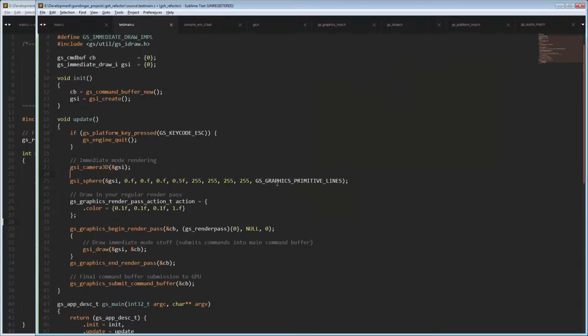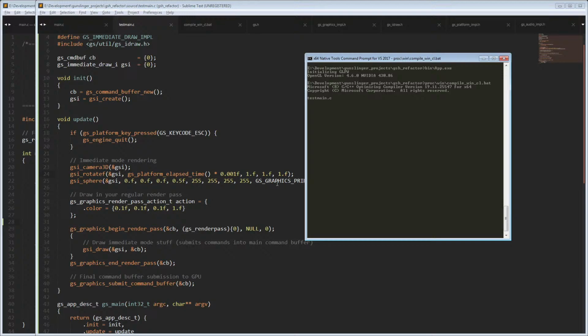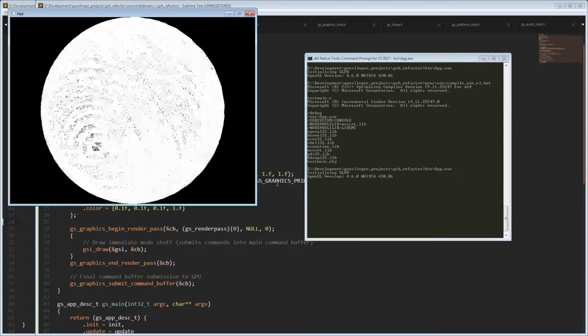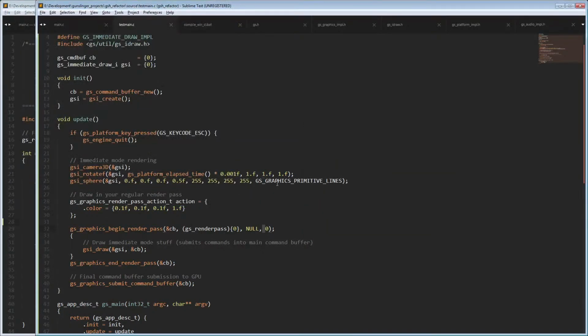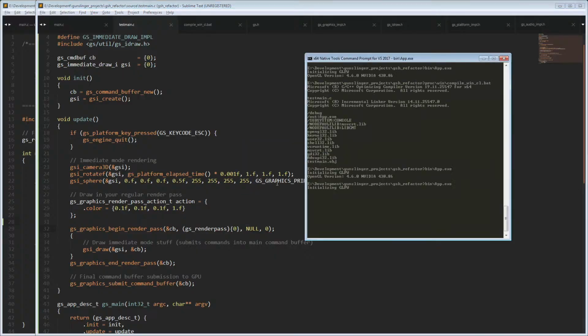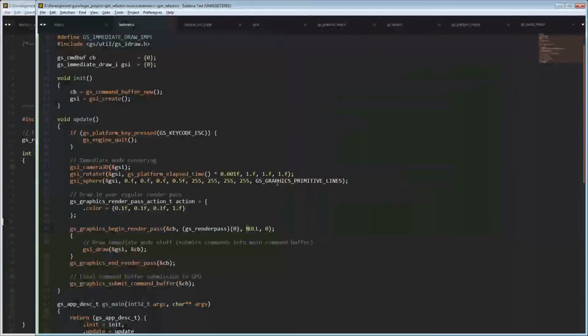Because if I were to start rotating this thing, clearing by default. Yeah. So if you don't clear the screen, that's probably great for the